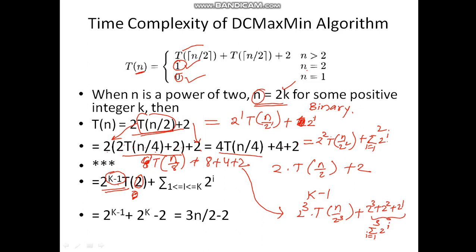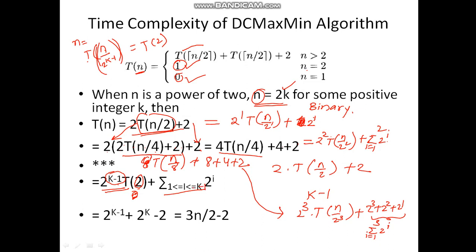And if I do it for k minus 1 times, you may ask, how does this become 2? If I put n is equal to, let us say, over here, this value has become t of n by 2 raised to k minus 1. At the time, this denominator will be 2 raised to k minus 1. And what I want is to make this whole value equal to 2, so that I can get t of 2. So that is the reason that I am doing it for k minus 1 times, and then due to that it becomes 2 raised to k minus 1 t of 2 plus summation from i to k minus 1 actually.